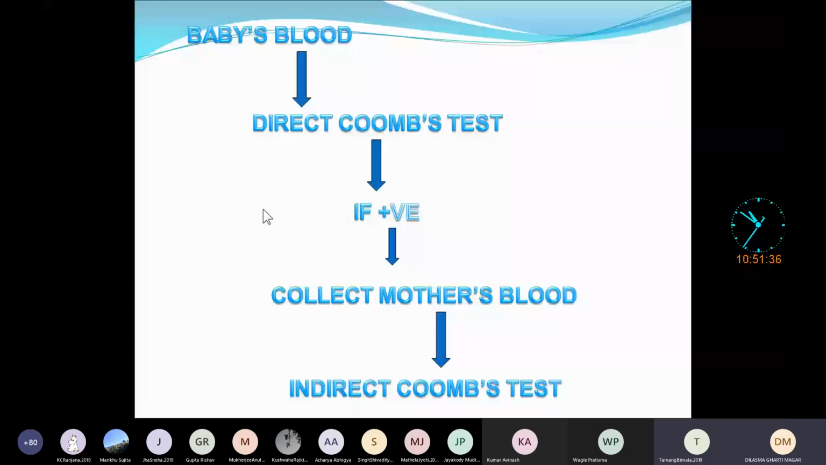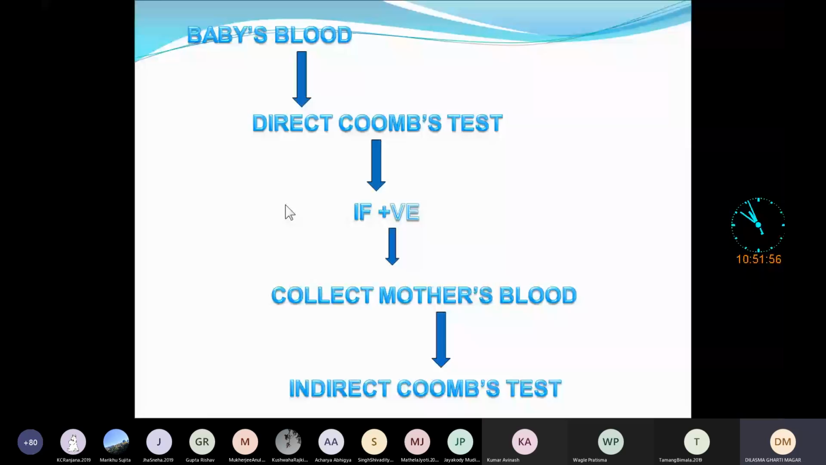Yes, ma'am. Okay, now here, if the baby's blood group is taken, then we do the direct Coombs test. If it is positive, then we will collect the mother's blood and do the indirect Coombs test. So in the baby we will do the direct Coombs test and then the indirect Coombs test in the mother, because